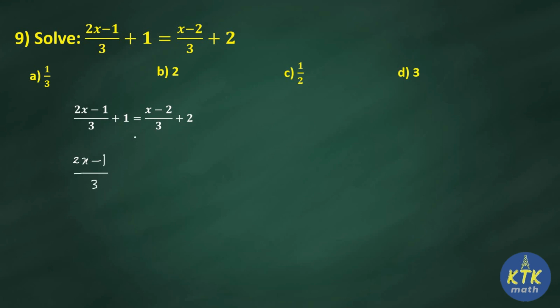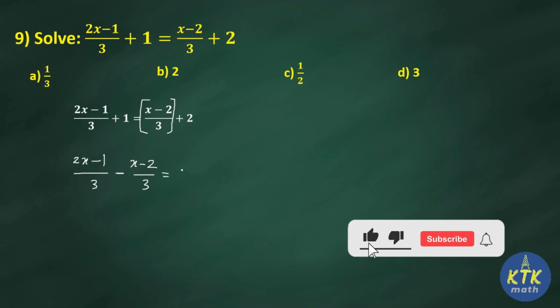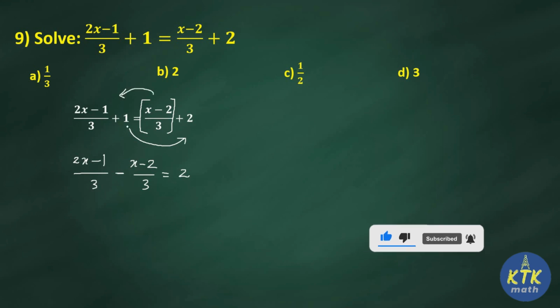Okay, this term, x minus 2 by 3 is there, no? That term you are going to bring to the left side. So x minus 2 by 3, entirely it will be negative, so I am mentioning minus here. On the right side you have 2. This one I am moving to the right side. Like how I brought this one to the left side, this one I am moving to the right side. So 2 minus 1. Okay, this is plus 1, so it will be minus 1.